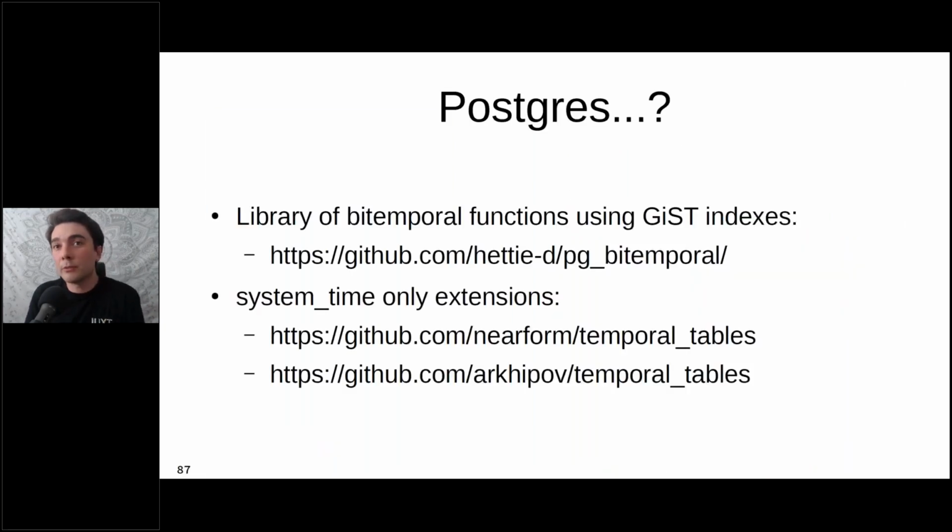And of course, the question on everyone's mind is, what about Postgres? And unfortunately, Postgres just hasn't moved. Paul, in the previous blog I showed, does talk about this, but Postgres just hasn't had the critical mass of core developer interest to implement anything in the core. There is this user at the top, Hetty. She's been working on the Bitemporal library for, I think, the past 7 or 8 years, which does add some functions using GiST indexes, the spatial indexes, for bitemporality, which allow you to have reasonably good performance with Postgres,